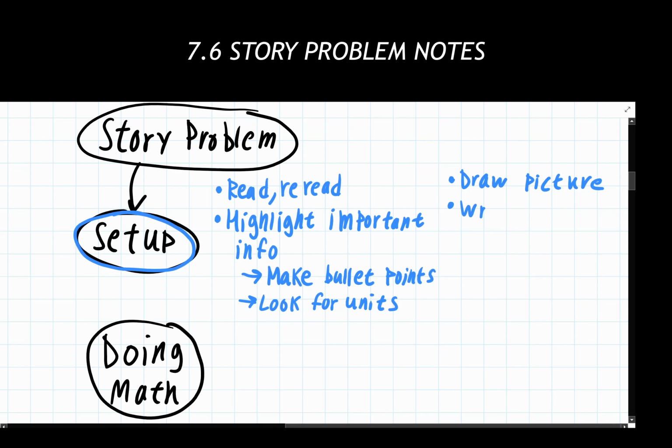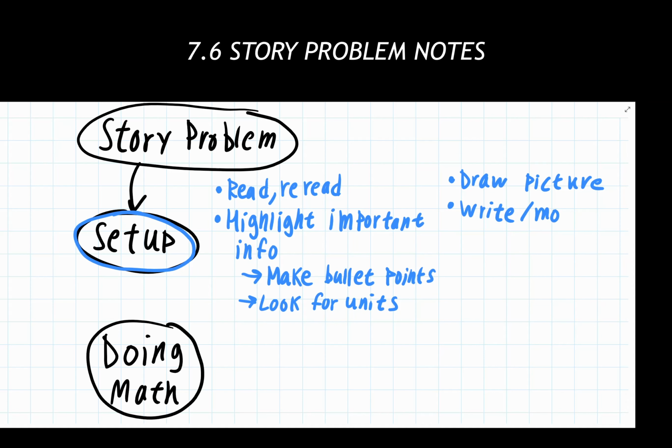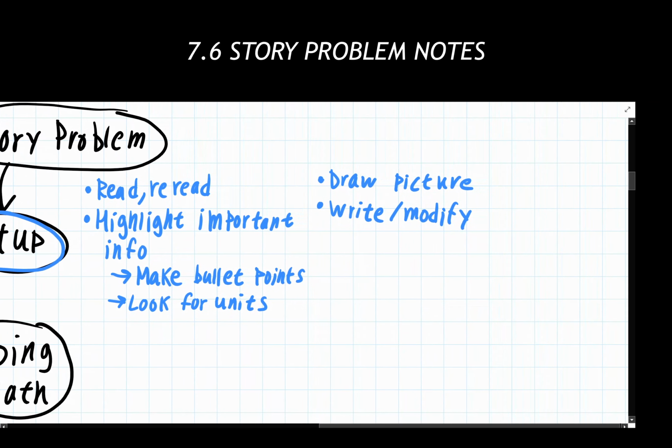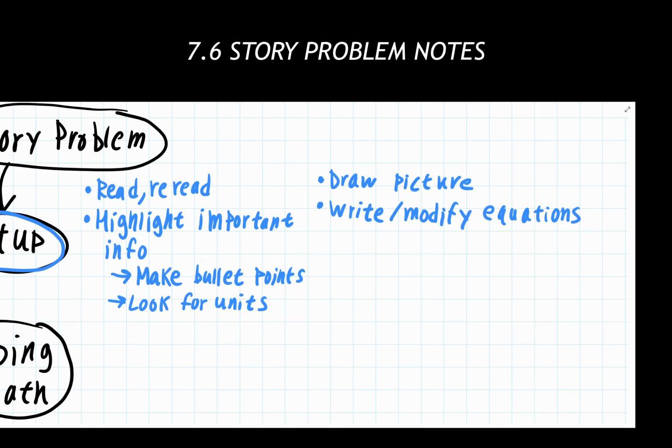Another one we can use is writing equations, actually writing and modifying equations. So maybe we're working with an area of something or the perimeter of something. We start off with the general equation, and then we modify that later on as we read through the problem and say, hey, the length is 3 feet longer than something else, or 2 miles less than something else, whatever it may be. We start with something and modify it accordingly.